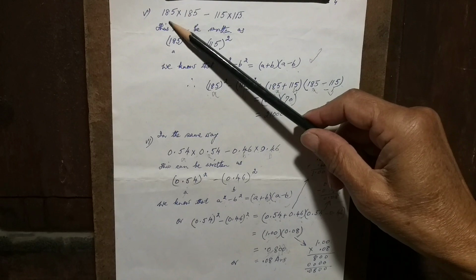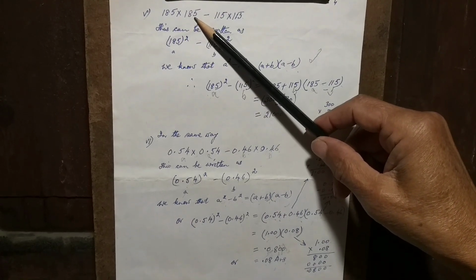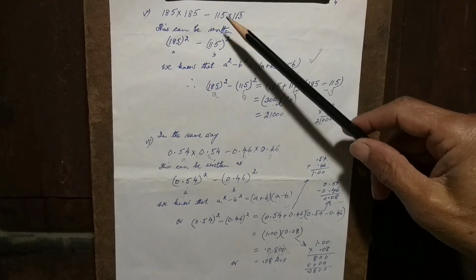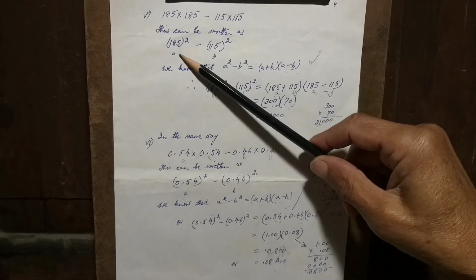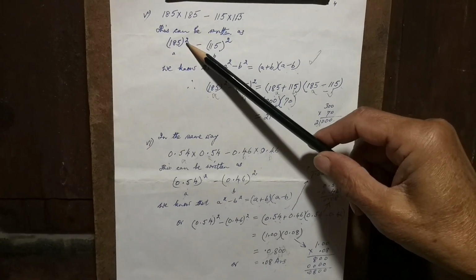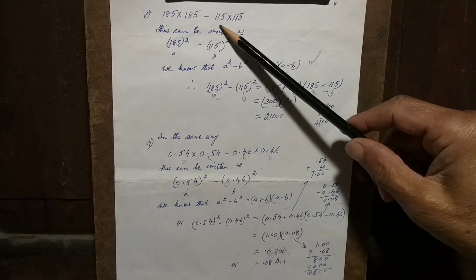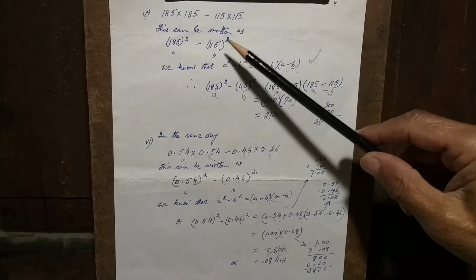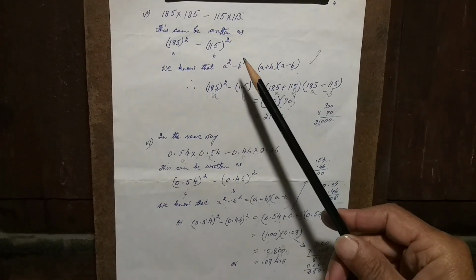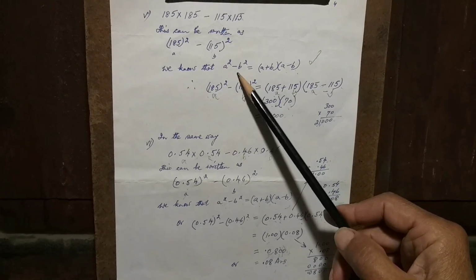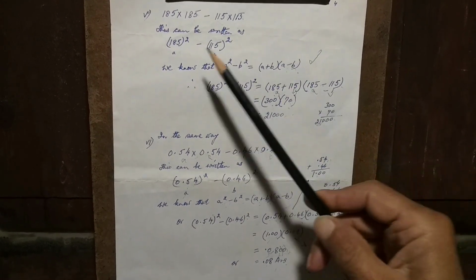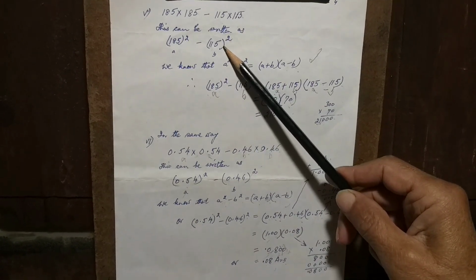Here we have 185 multiplied by 185 minus 115 multiplied by 115. Now this can be written as 185 whole square, because 185 multiplied by 185 means 185 whole square. In the same way, 115 multiplied by 115 is 115 whole square. Now we know that a square minus b square is equal to a plus b into a minus b. We consider this as a and this as b. So